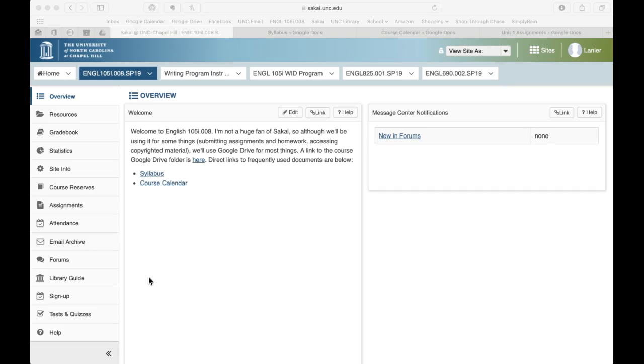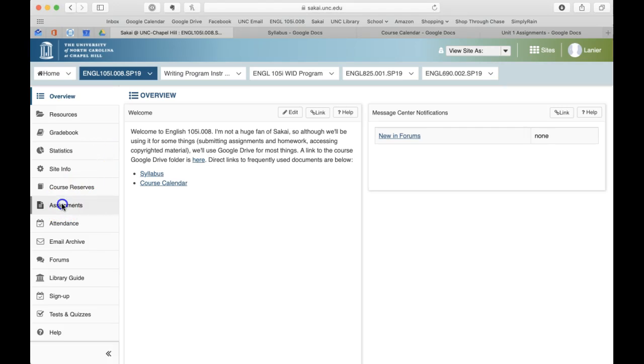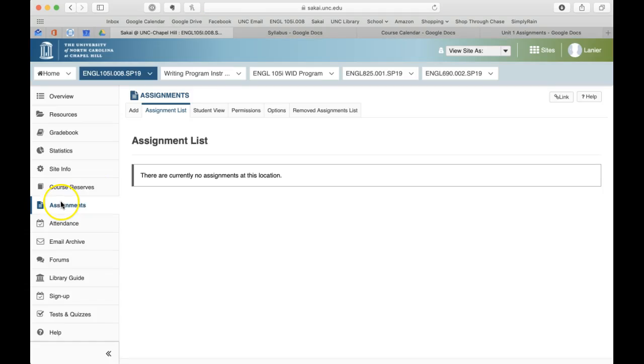And if you get that pulled up, you'll see that there's really not much going on in our Sakai site. I don't love Sakai, so we're not going to use it all that much. The main things that we'll be doing on Sakai is submitting assignments here in the assignment tab. There's nothing listed here right now, but for most of your assignments, there'll be a place to turn them in right here. I'll keep attendance here.